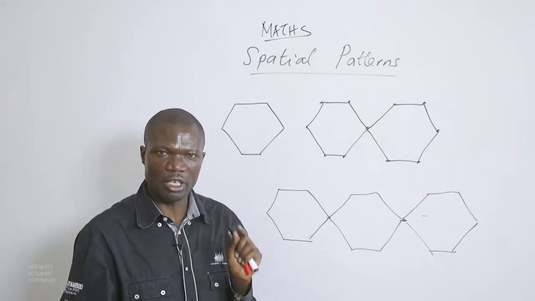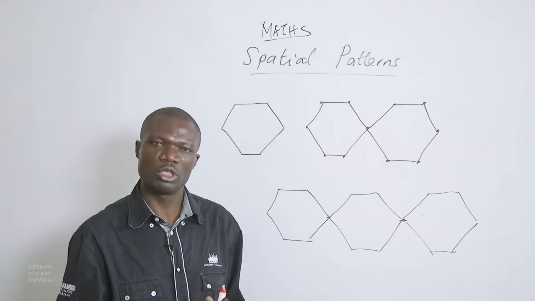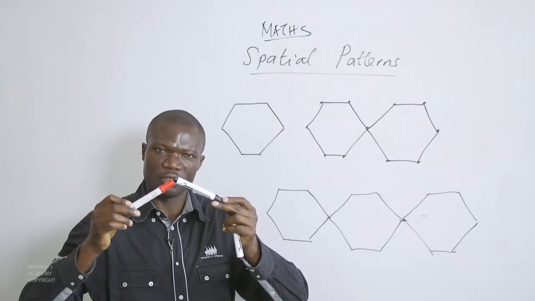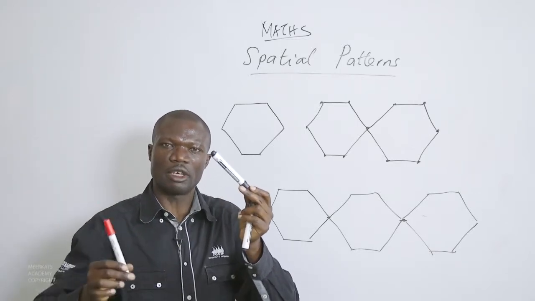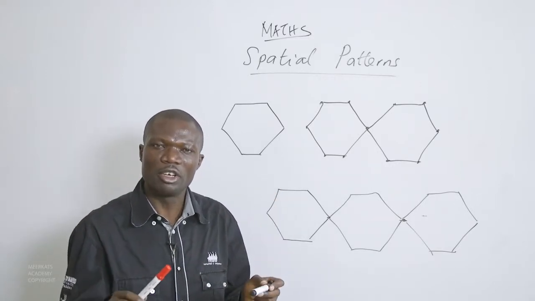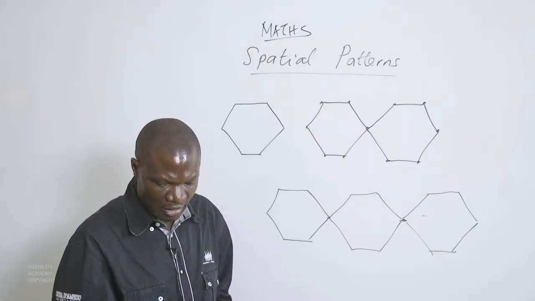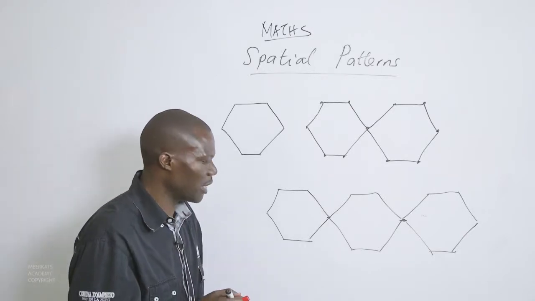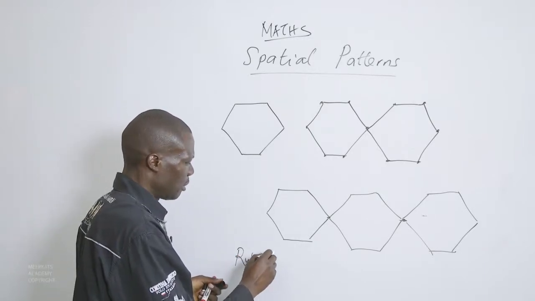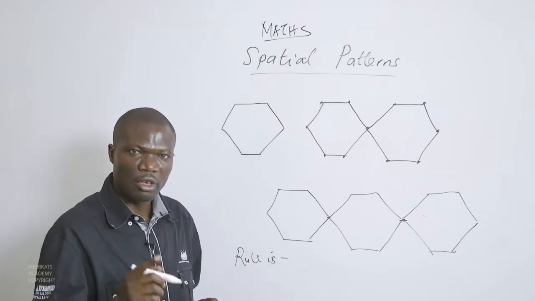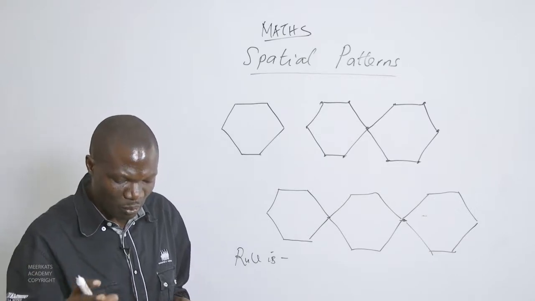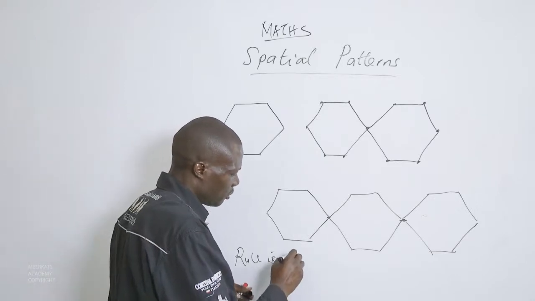One hexagon is made of 6 sides, which means we shall join the sticks 6 times. 1, 2, 3, 4, 5, 6. 6 times. If that is the case, then for 2 hexagons, it will be again 6 more. So what are we saying here? The rule will stand. And the rule here is that to get the number of sticks that will form the pattern, we shall put a formula: number of sticks